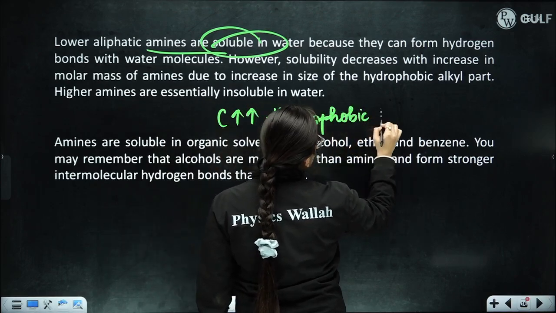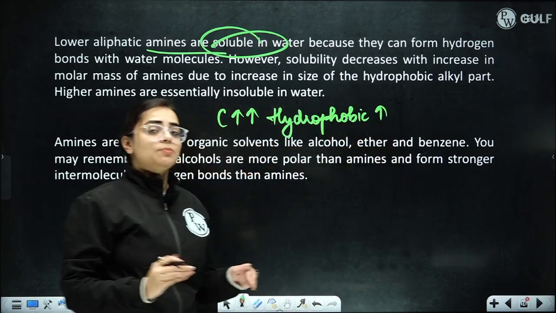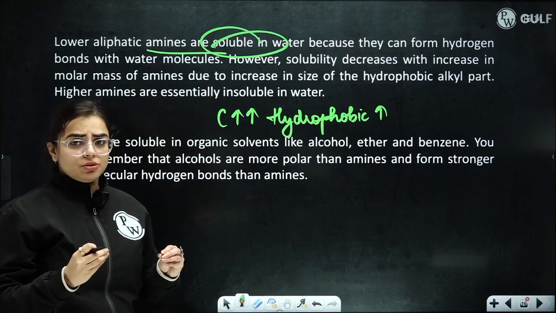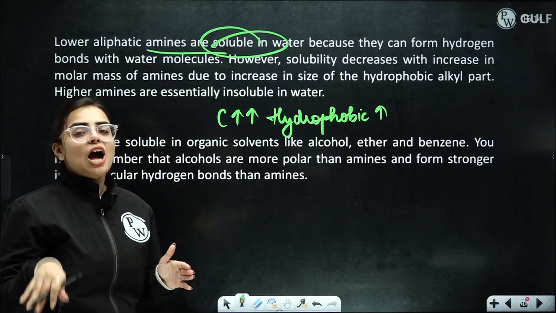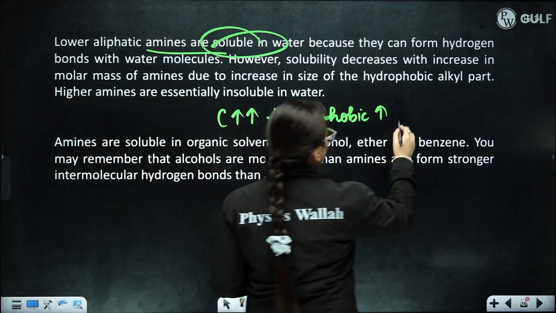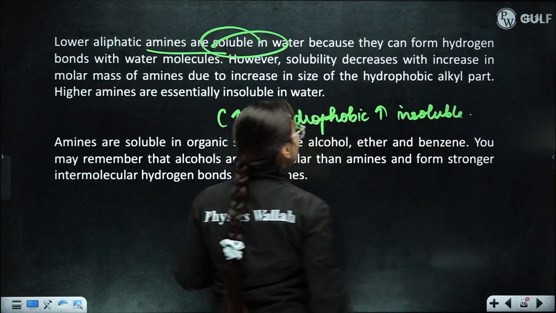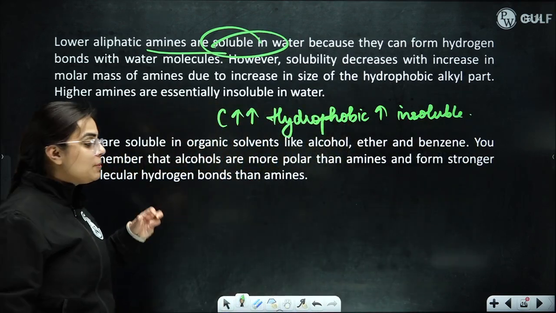Hydrophobic part increases. Now, what is the hydrophobic part? That means something which hates water. If you're increasing carbon atoms in something which hates water, it does not like water at all, how will it get soluble? So, it won't be soluble. It becomes insoluble. That means only the lower ones are soluble, but the higher ones are insoluble because the hydrophobic